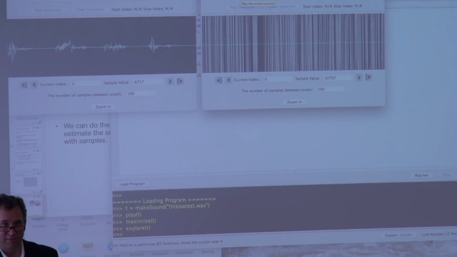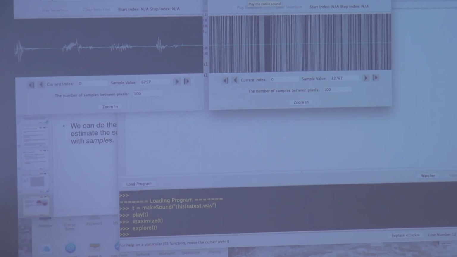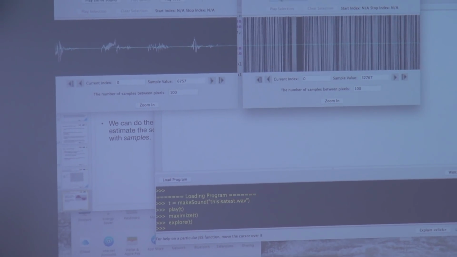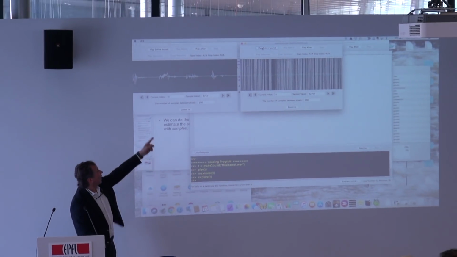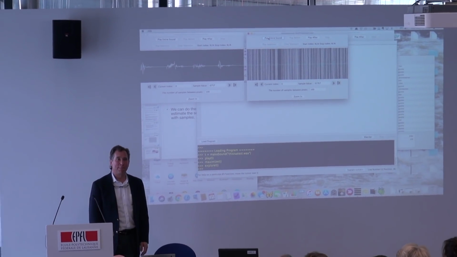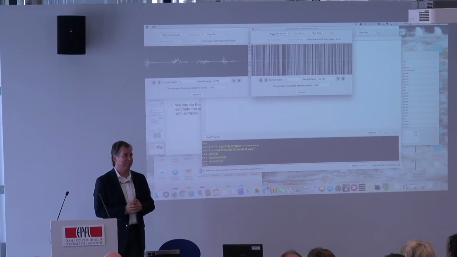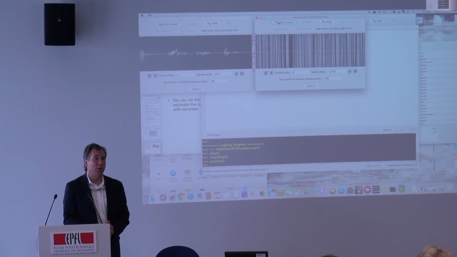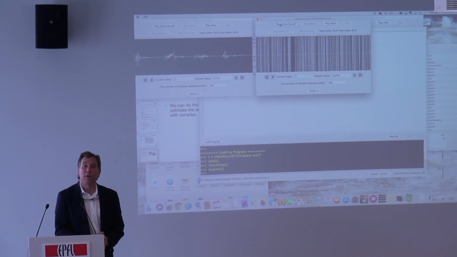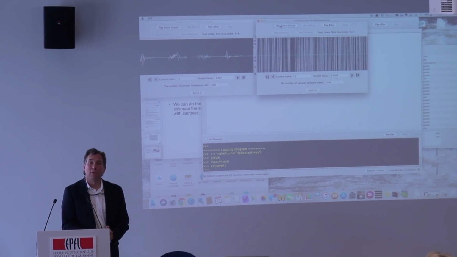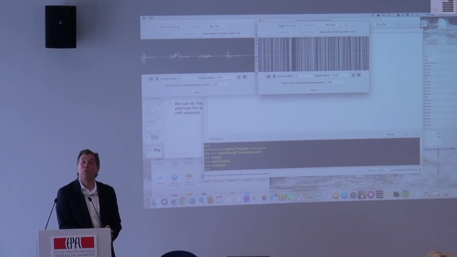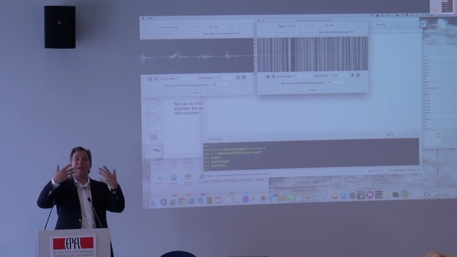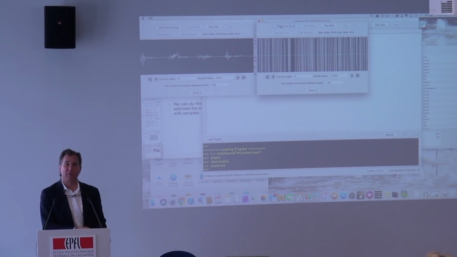Before I touch this button, I would like a prediction about what's going to happen. What are we going to hear when I click this button? This is an interactive portion of the program. Yes? Clicks. We're going to hear clicks. Okay? It's a good guess. What else do we think we're going to hear? Yes? Some rhythm, the same rhythm of speaking. So whatever the pace is of the words, we'll hear the same pace. Okay?